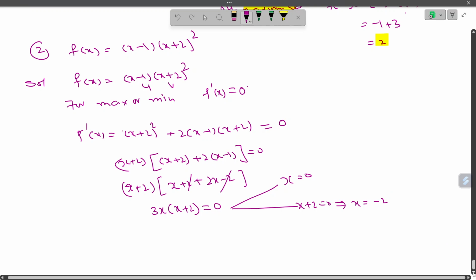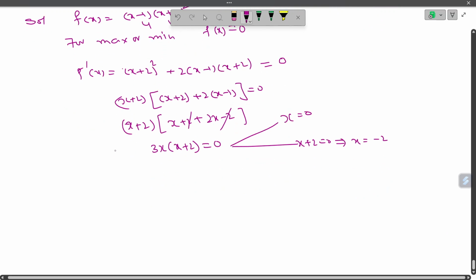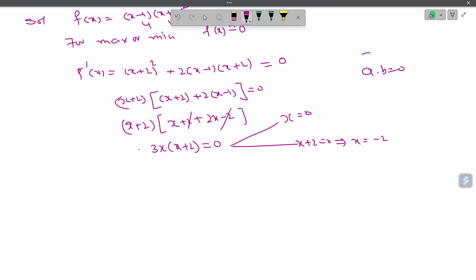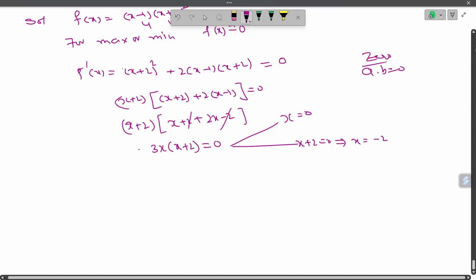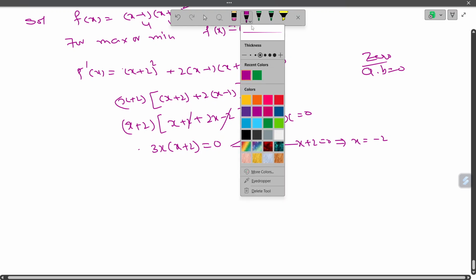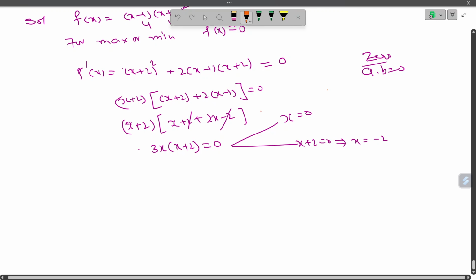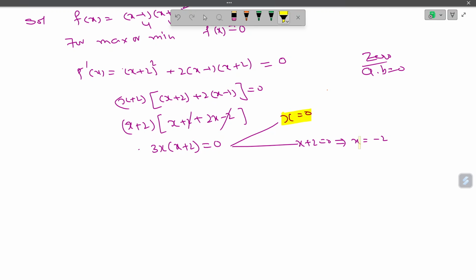And one more thing, 3 cannot be equal to 0. So we are not taking 3 into consideration. It comes under zero divisors: a b equal to 0, either a equal to 0 or b equal to 0. I will make another video about zero divisors. It is in degree classes, not for intermediate things. So we'll discuss, no worry. For time being, remember, we got two values,